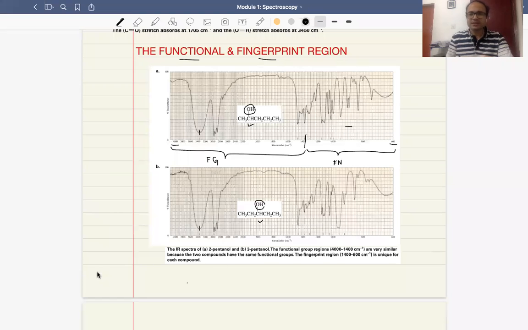Hello, everyone. So let us continue our discussion on infrared spectroscopy. In the previous videos, we looked into how infrared spectroscopy actually works, and how it looks. If you see here, the infrared spectrum basically consists of a plot between percentage transmittance and the wave